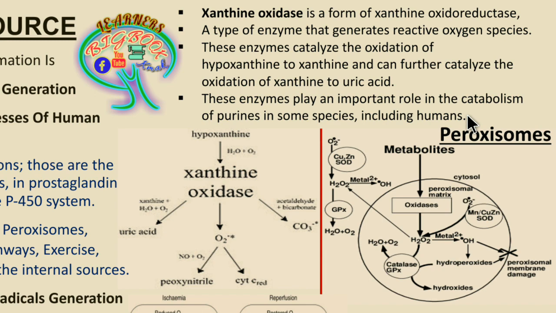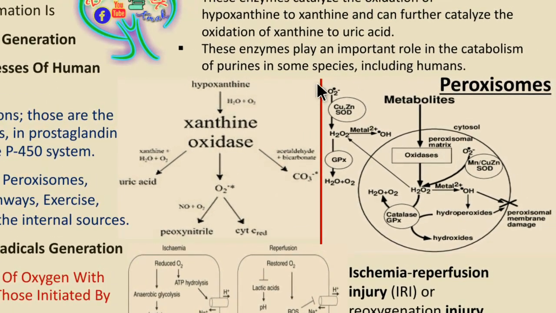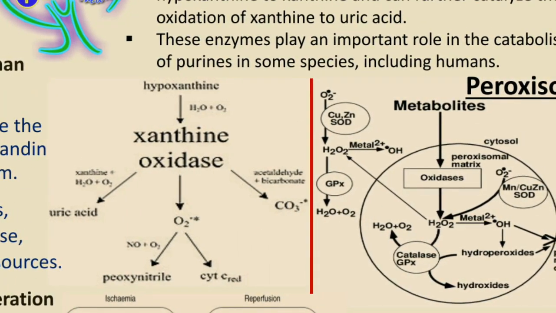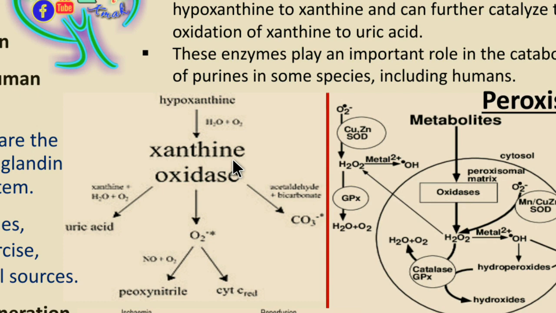Now here during this catabolism, you can see there will be the oxidase action on the uric acids, where there will be the release of CO3 minus, and here there will be the formation of uric acid, but there will be the release of H2O plus O2 minus, and here you can see